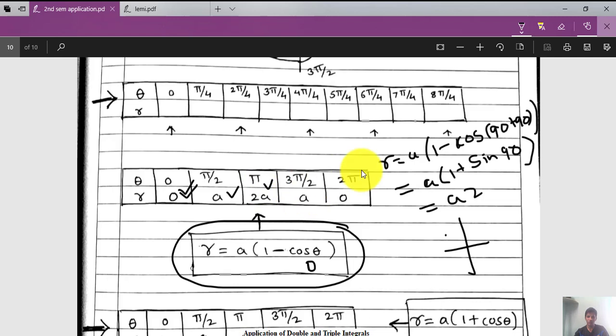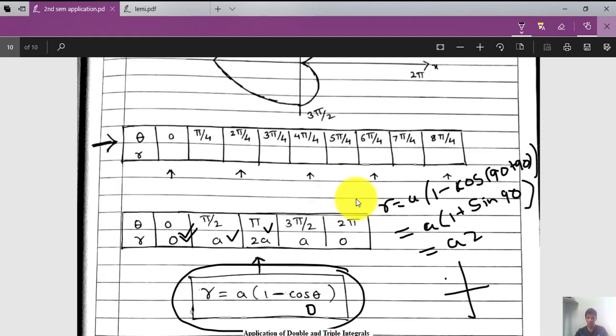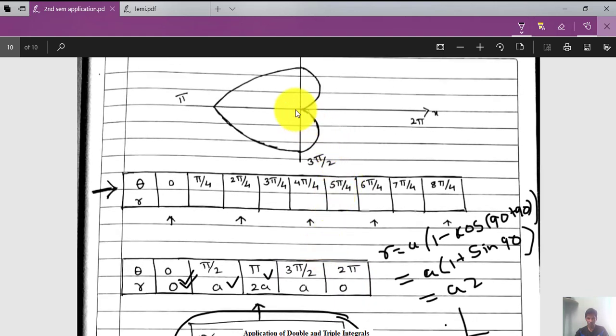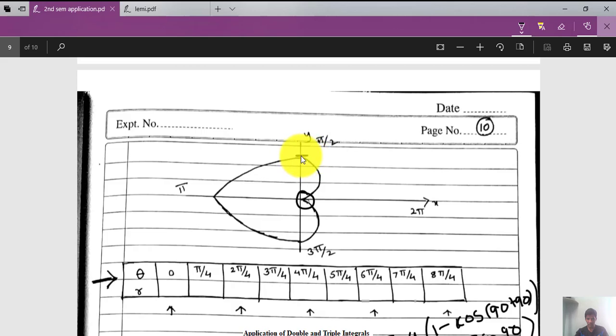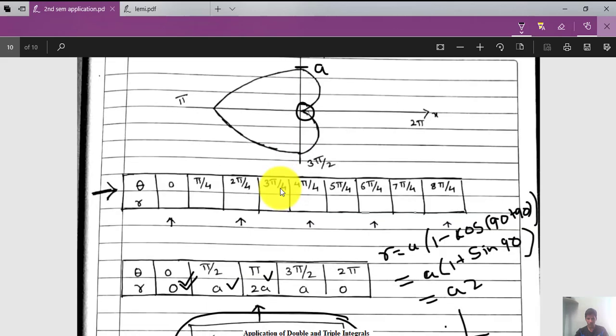Similarly, if you take the values making use of allied angles, that is 3 pi by 2, 270 degrees, it is a, and for 2 pi it is 0. So how to plot this? When it is 0, here you write 0, that is the r value. When it is pi by 2, between 0 to pi by 2 there are many values of theta: 10 degrees, 20, 30, 40, 50 and so on. So when you take this, all these points you will find here. So pi by 2 is at some distance a,